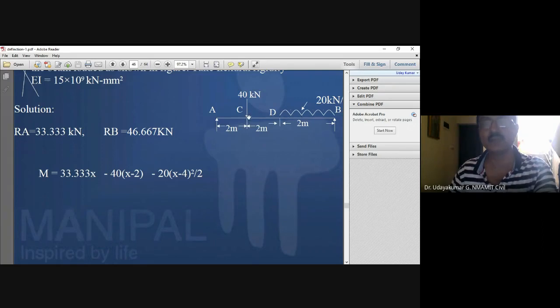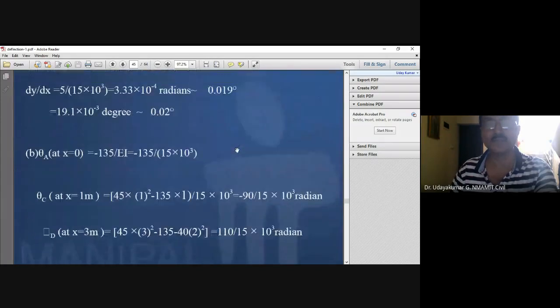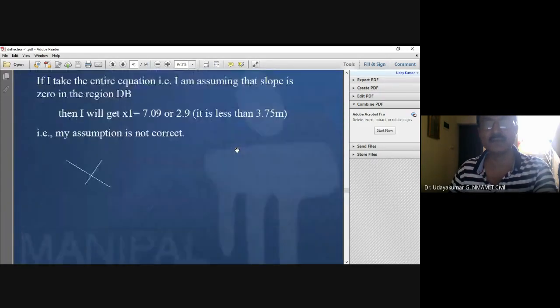Then what you have to do? You have to continue this up to the NB, and you have to subtract the same amount of loading. That is UDL acting upward here. And take the farthest section here. Okay, so that's the method. I will explain that when I take up the problem there.